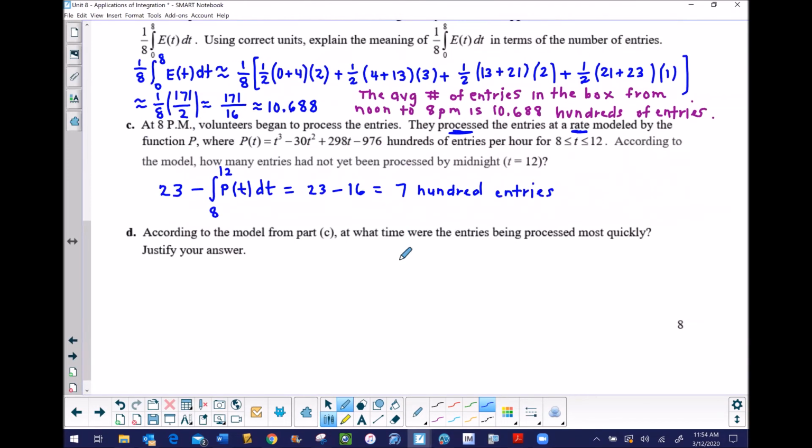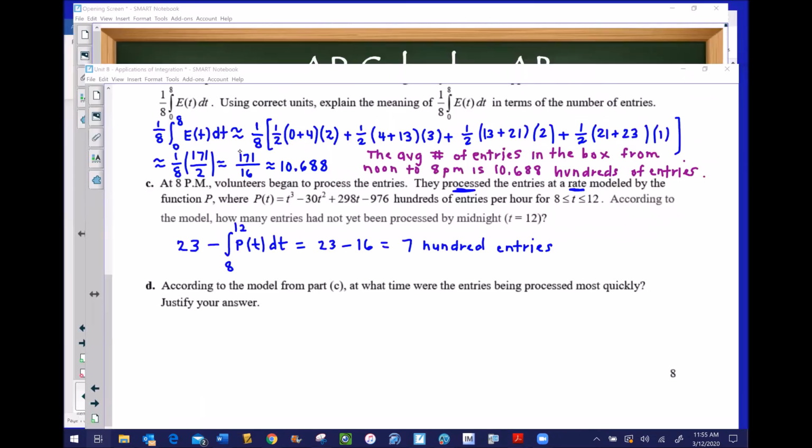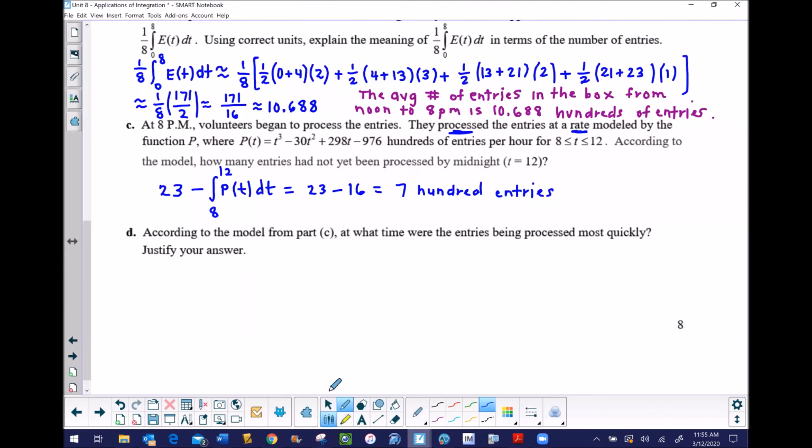Last part. According to the model from part C, at what time were the entries being processed most quickly? And you know what? Now that I think about it, I think I told you a lie. We probably would have benefited from defining this P of T in our calculator. So, whoops, I'm going to show you that after all here in part D. What I want you to be able to extrude from this is that most quickly means maximum. We want to find a maximum